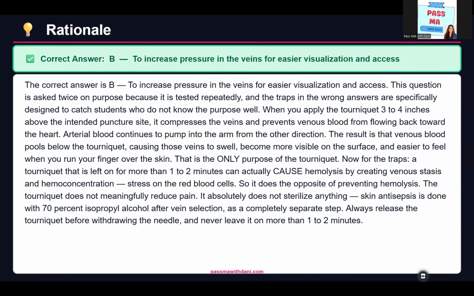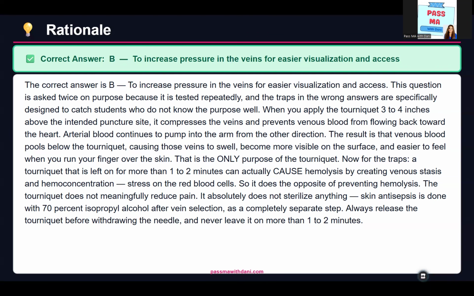All right, so this one is when you apply the tourniquet 3 to 4 inches above your intended puncture site. Remember, 3 to 4 inches above the antecubital fossa, or we even say antecubital space. That is by the bend or the crease of your arm. 3 to 4 inches is going to put you about midway on the bicep. This basically increases the pressure in the veins because it builds that pressure. It gives easier visualization for us to be able to identify and find the vein so that we get a